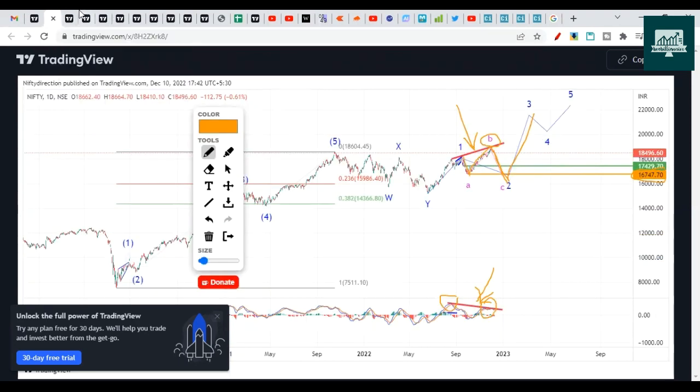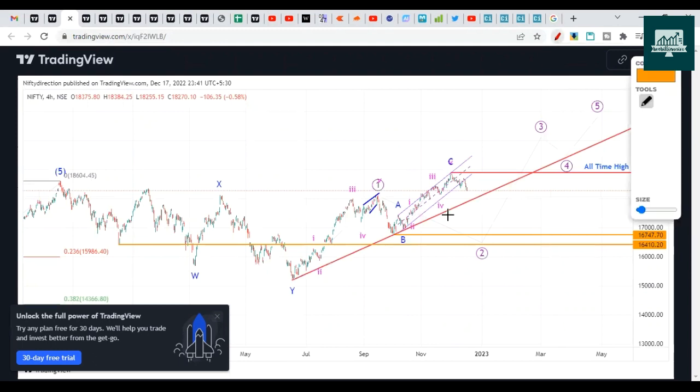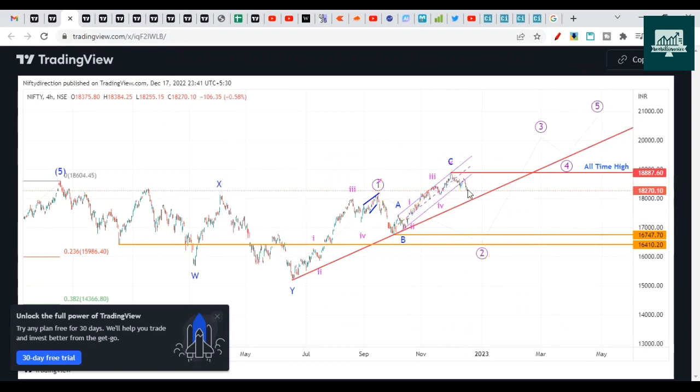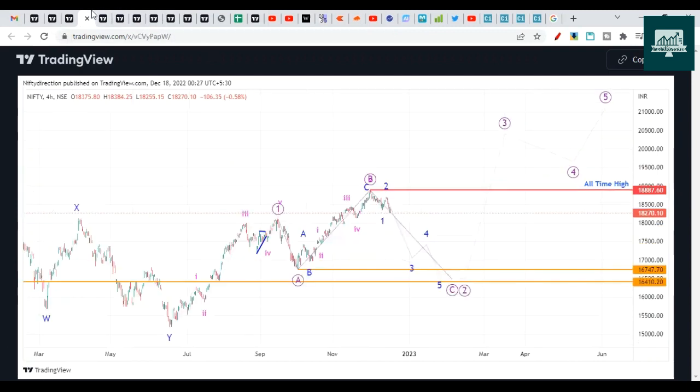For the primary view itself, this is another chart with more details of the Elliott wave. Wave 1 completed here, and the A, B and C wave is about to complete here. That's what we are saying. We discussed this on December 17th, after it started the dip and broke this smaller channel, the purple line. When it broke that, we thought that the drop had started, and from there onwards it hasn't yet pulled back. So yeah, this was the view.